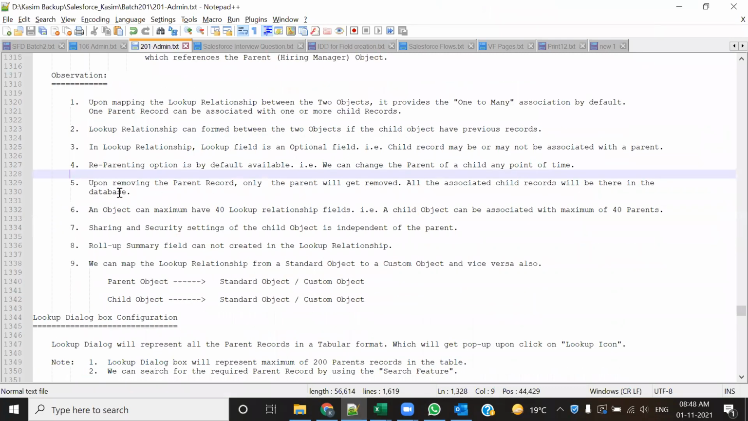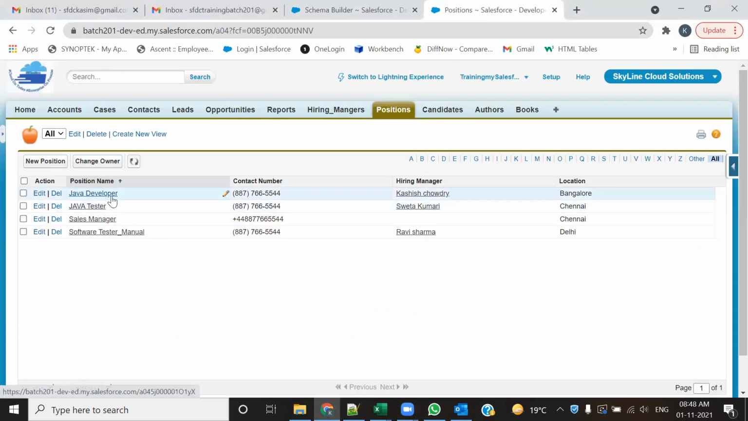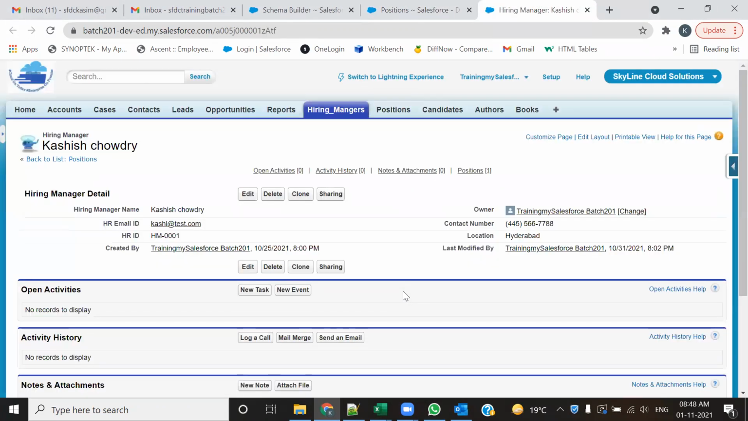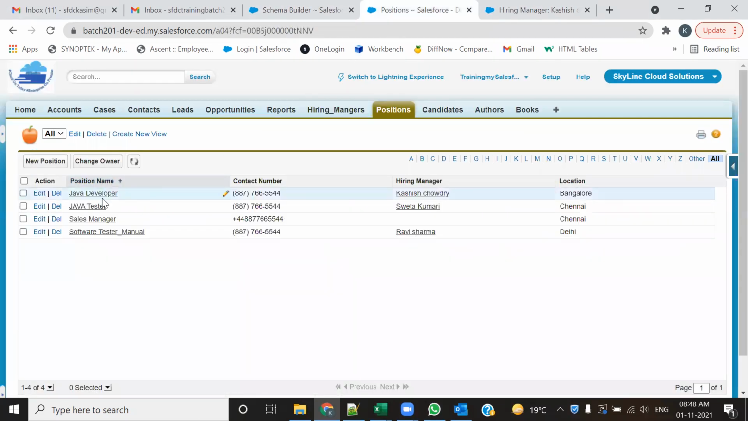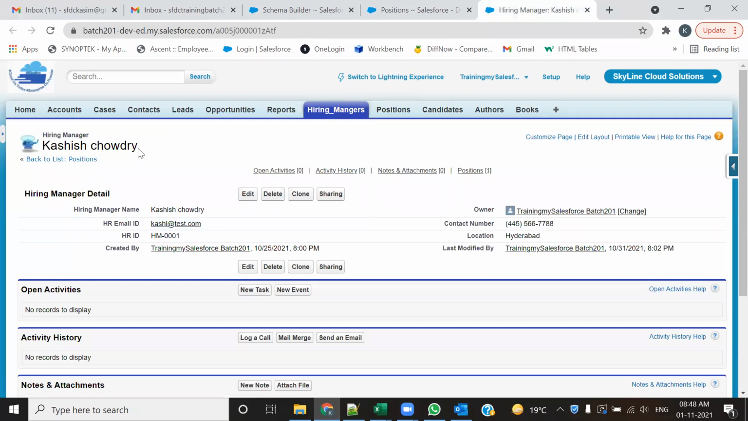Okay, the next, upon removing the parent record, let's see what happens to the child record. See, there's a position called Java developer. For the Java developer, who's the hiring manager? Who's the parent? Kashish Chaudhary is the parent. Let me open the record of Kashish Chaudhary. This is the parent record for this Java developer. Java developer is the child. Parent is Kashish. Now, if I delete this particular parent record, let me delete this